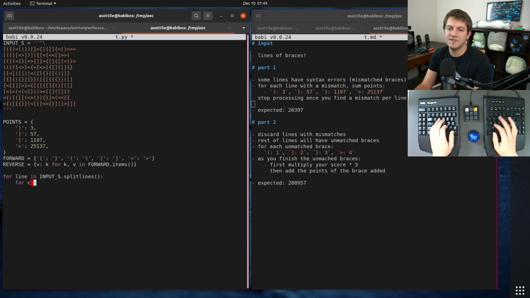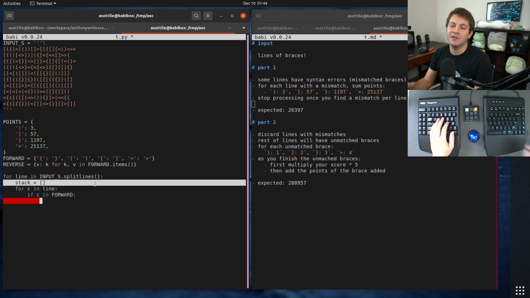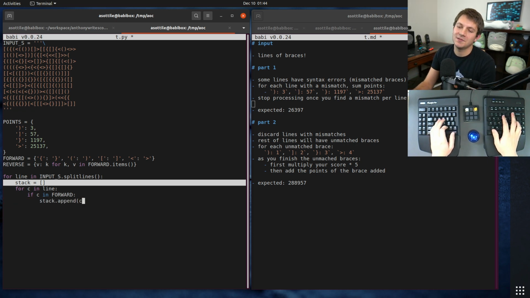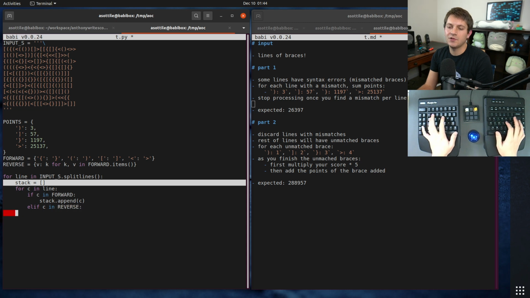So we want to do for c in line. If c is in the forward braces, we need to have our stack here as well. Stack equals this. If it's in our forward braces, we're just going to push it onto our stack and then hopefully pop it later. Stack.append. It's not push in Python, it's append. Push in JavaScript. Otherwise, if it is in the reverse, so it's a closing brace, then we're going to say